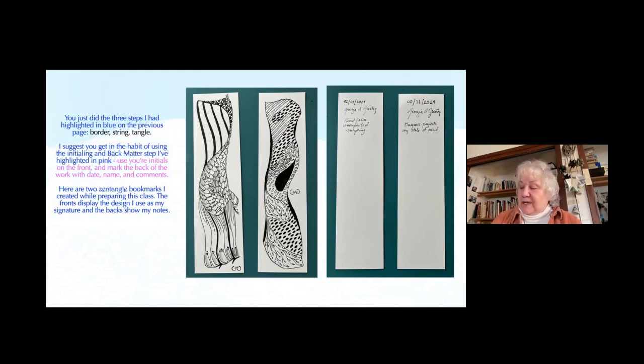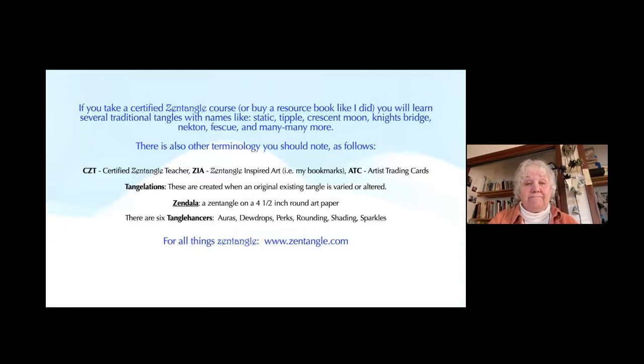Anyway, to continue, I found it very helpful to do that process that way, and you may too. Looking back on stories I've written or things I've drawn and seeing the comments that go with it can be another source of inspiration. So if you take